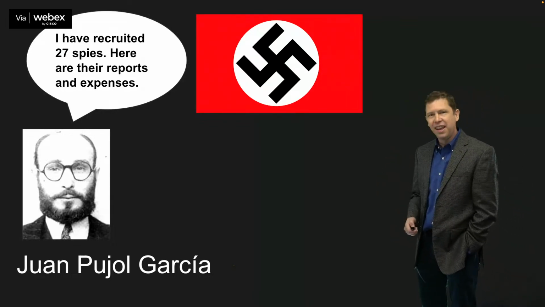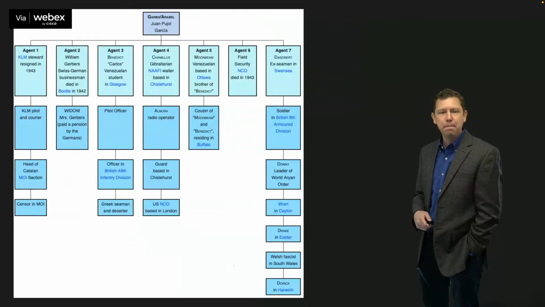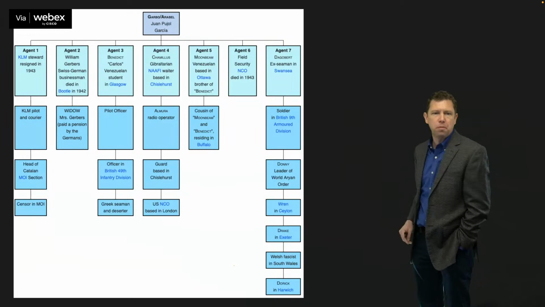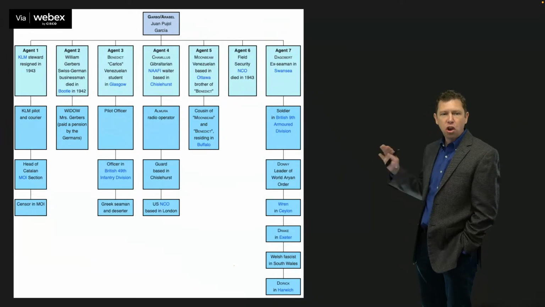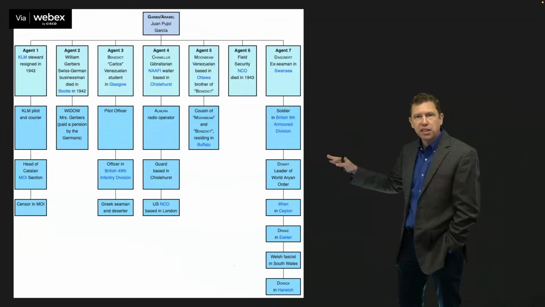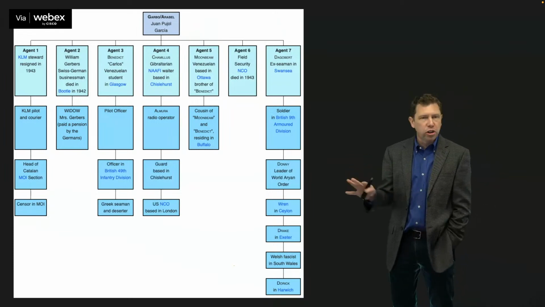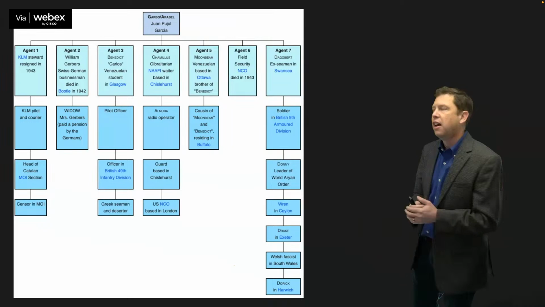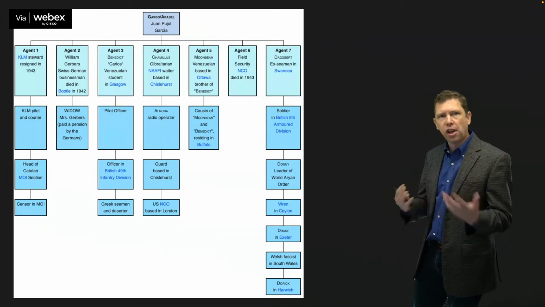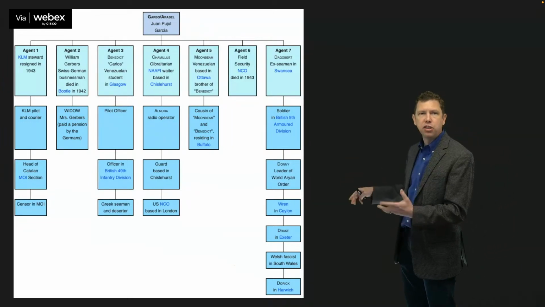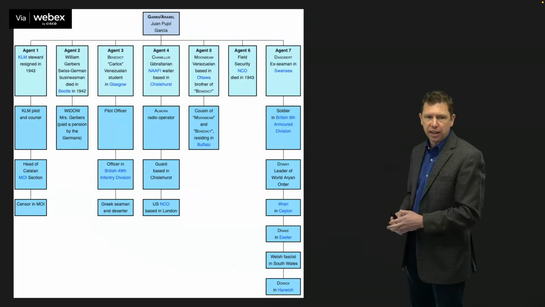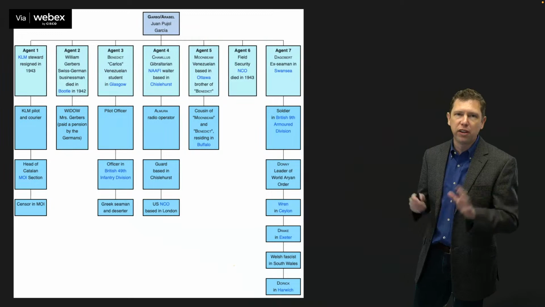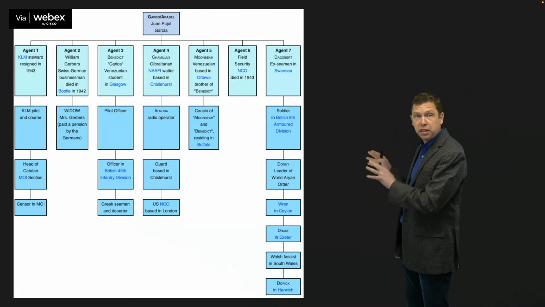So by the time he was done, he had built out this entire organization. None of these people, except for Garbo, existed, right? There's all these different agents, and they've got sub-agents underneath them, and it worked out great because whenever he did report misinformation to the Nazis, and they said that was wrong, well, he could blame it on one of these agents and say, well, they gave me the wrong information on that. So 27 people that he had put together as part of his spying organization, and it was just him, and eventually